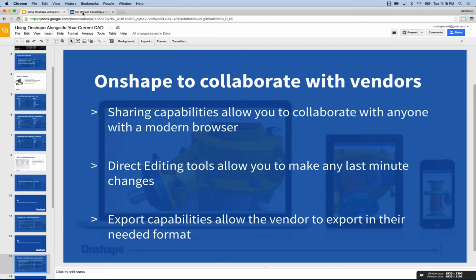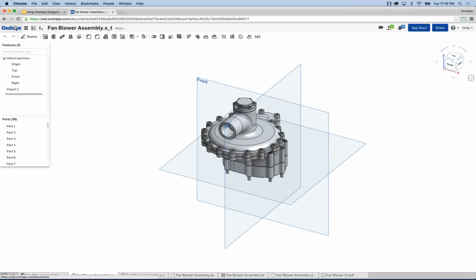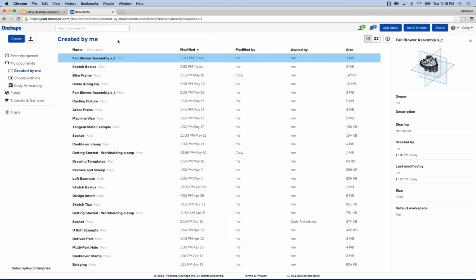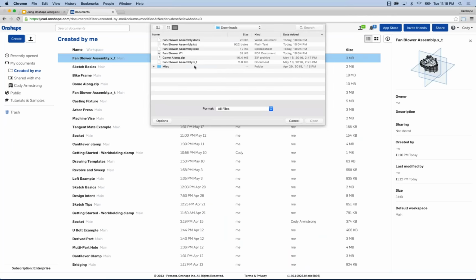Now, this next example I want to walk you through is importing a pack and go zip file. So I've shown you how to import a Parasolid, very simple. And really a pack and go zip file is no different. You select import document files and you browse to the file. Now this file is called Come Along and it's a zip file. And as I mentioned before, with SolidWorks, we want to make sure to save the pack and go as a zip file and then import that into Onshape. Also make sure that the zip file name matches the top level assembly name. Right? Once that's done, you simply open